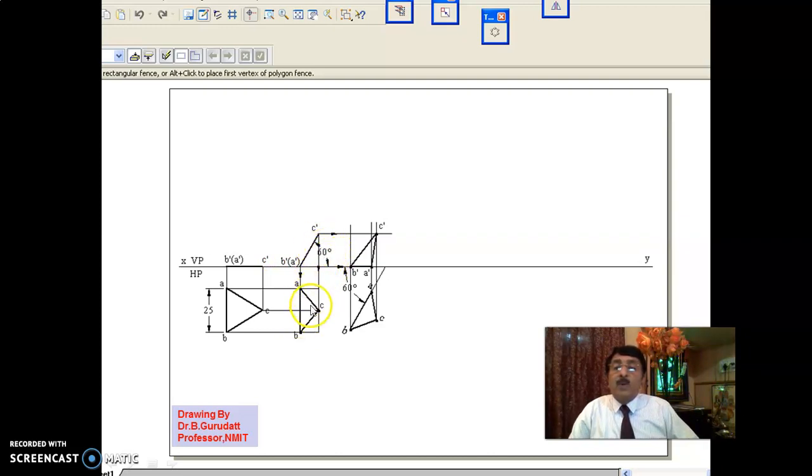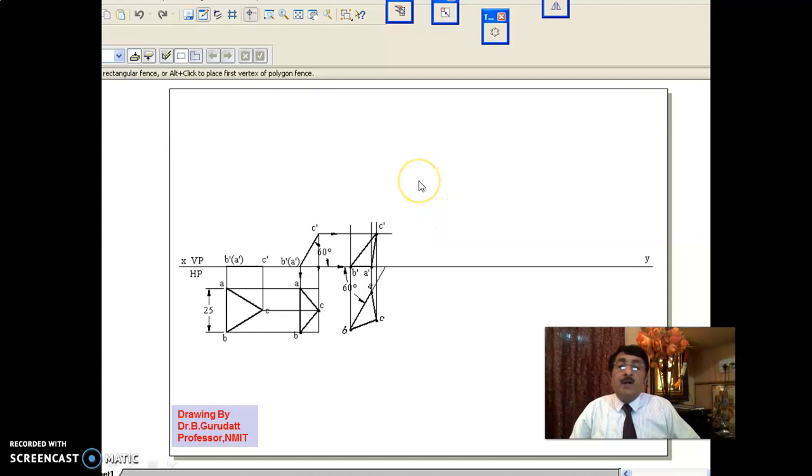And you get the top view. This top view and this top view remain the same because the surface inclination to HP remains the same. This second stage top view and third stage top view will remain the same. Then what I have done is, the edge which is on HP is AB, and that is inclined at 60 degrees to VP. This is the problem. Just by looking at the front view and top view, you should be in a position to tell how exactly the problem is.